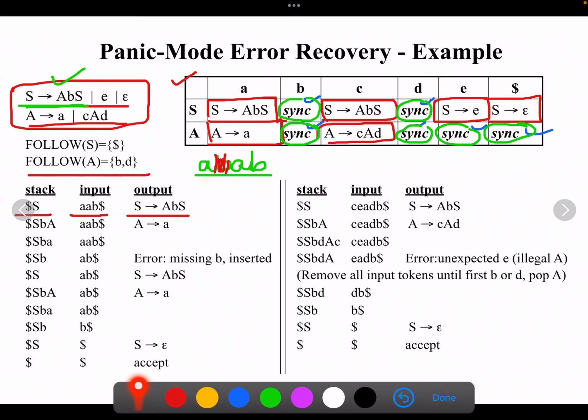Now look at these two cases, both are the same. Therefore, they are getting matched, so we remove them. Moving on to next, here there is a terminal and there is another terminal. This is one of the cases of the LL1 parsing technique, that both are terminals and they are not equal. Then we mention that there is an error. The parser has to give an error message to the user: error, missing B, which is being inserted here.